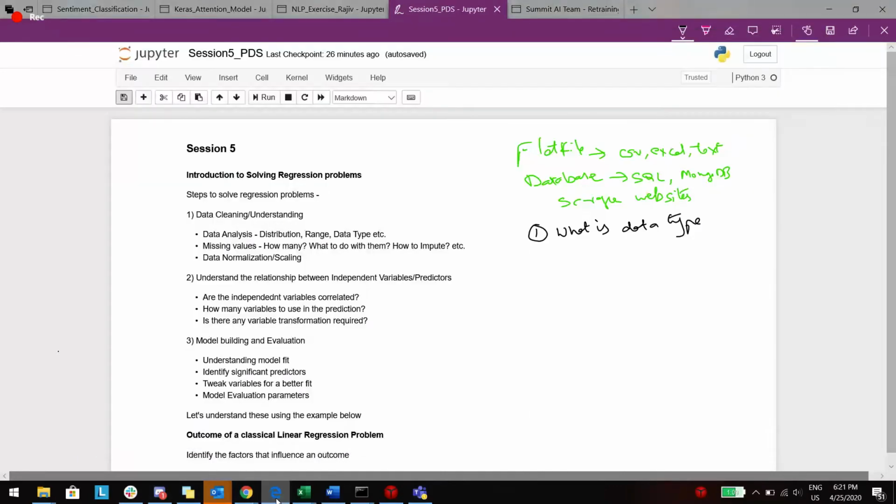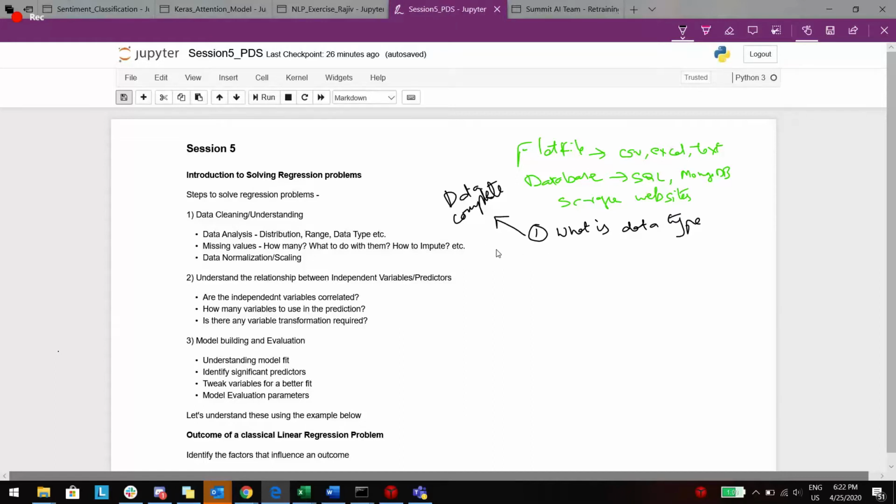Okay, so let's get back to what we are discussing. Even before looking at the data type, you should focus on data consistency or completeness. You should ensure that you have the complete set of data and you're not looking at only a partial set, maybe due to some transfer issues or some corrupted files.